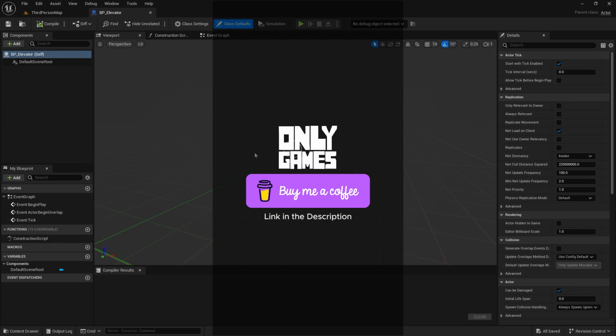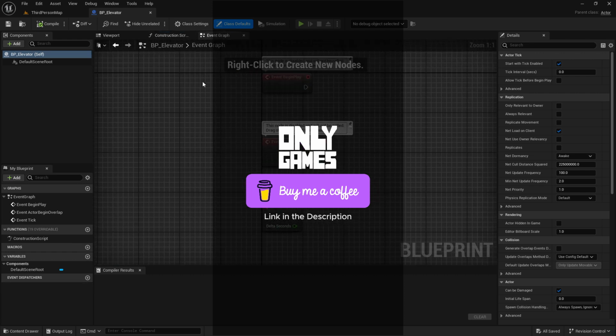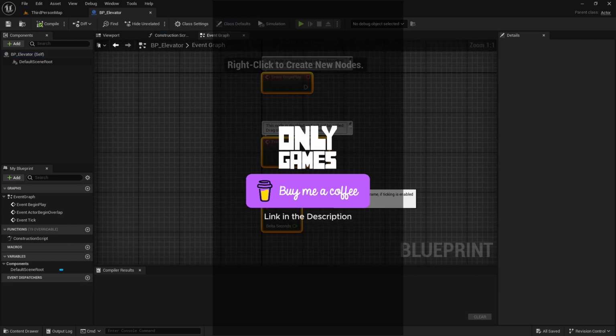And now the thing is, compared to level blueprints, we can have a viewport, and we can have a construction script, and as